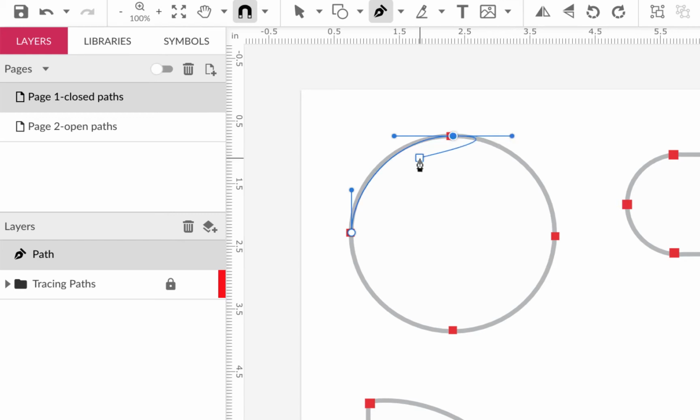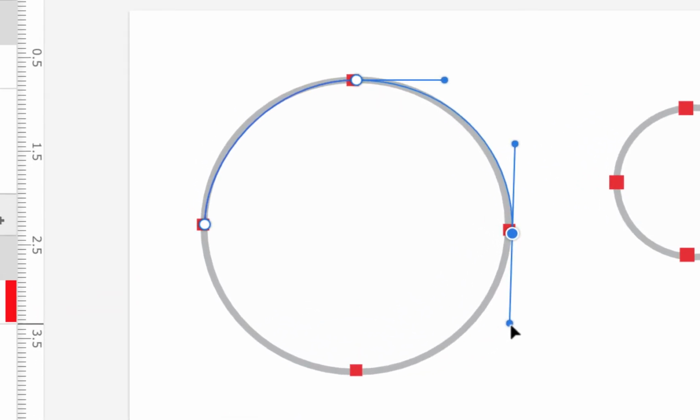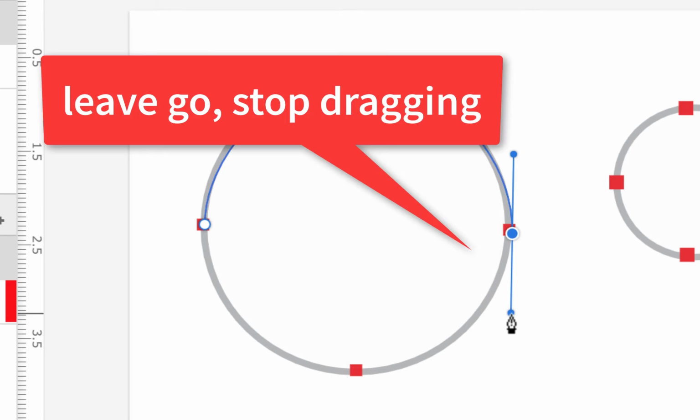And notice the back handle is kind of controlling the first curve. So I'm looking backwards here, and now I'm going to go forwards. So you've got to kind of look back and go forward. So now I'm going forwards, but I'm going to look back. So I'm looking back at that second curve, and I'm also kind of going forward. And you can see my handles aren't very long, so they don't need to be really long handles. And then I let go,